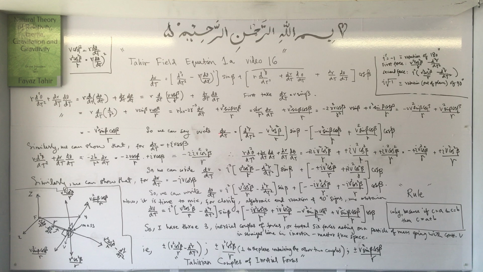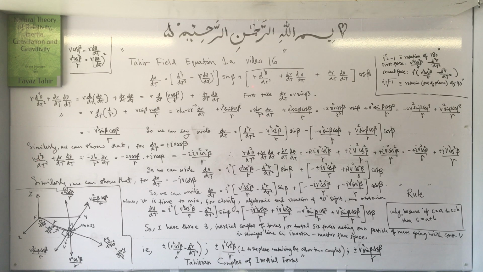So we can write dv over dt is equal to d square r over dt square minus v square cos square beta over r sine beta minus bracket minus v square sine beta sine square beta cos beta over r, which is this term, and it is equal to this term, and this term is the same as this term. So we get minus v square sine beta cos beta over r plus v square sine beta cos beta over r cos beta. Similarly, we can show that for dr over dt is equal to plus iota v cos beta,